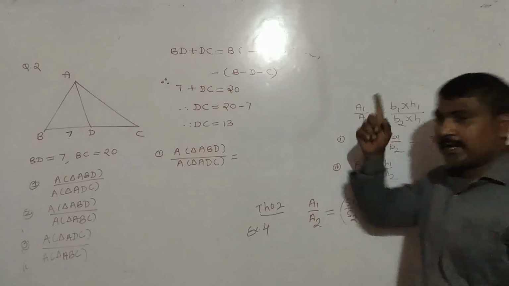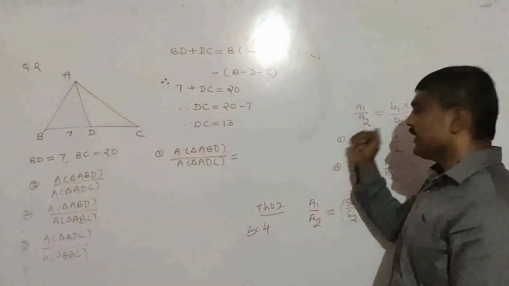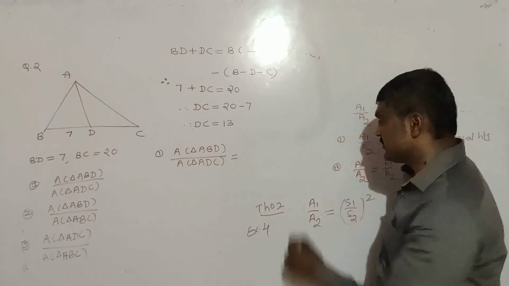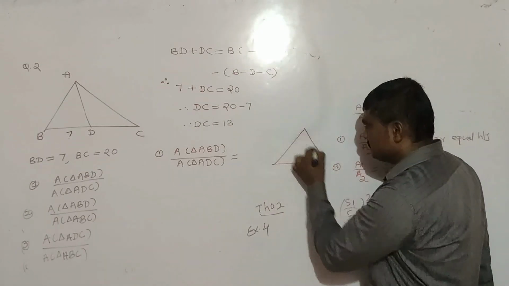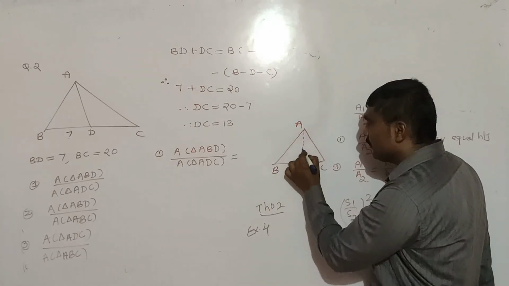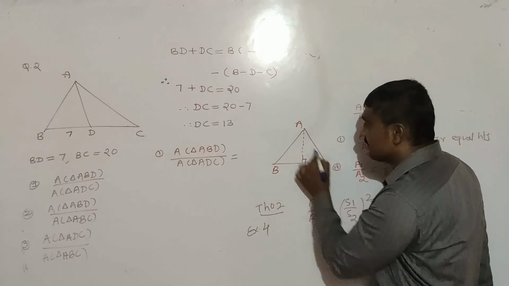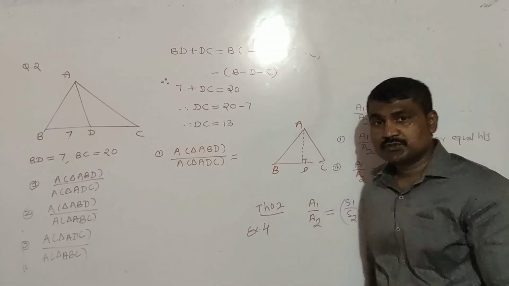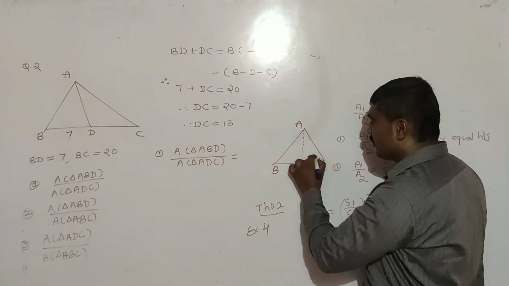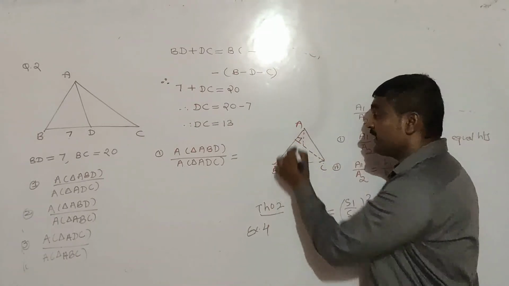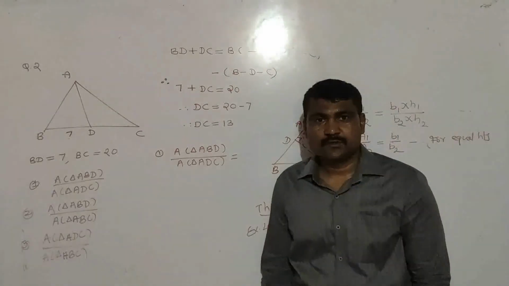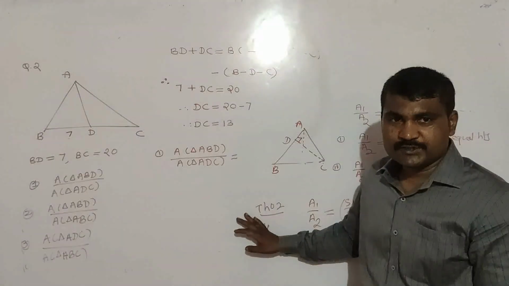And remember, try to recall this topic. What is the base of the triangle? Suppose this is the triangle, triangle ABC. When you draw a perpendicular from this vertex, then BC is the base and this AD is the height. Okay, when we draw a perpendicular from here, then in that case you can say AB is the base and CD is the height. We have covered this topic in the first exercise.